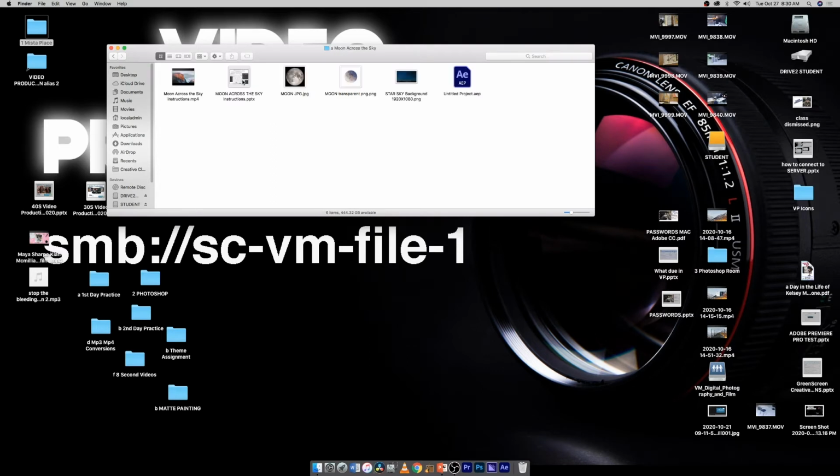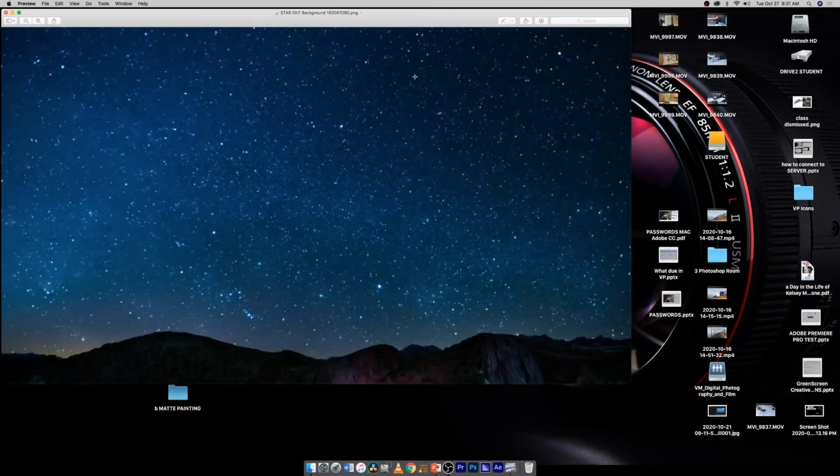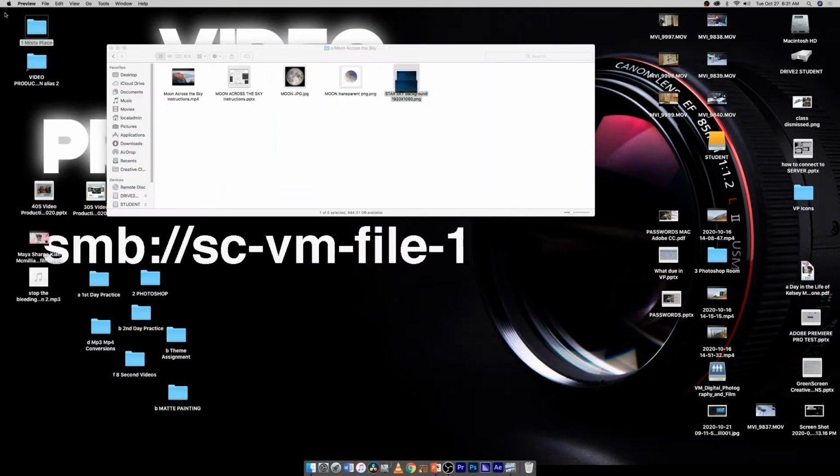Inside that, we have a few things in here. You have a transparent PNG, a moon that is a JPEG, and you have a background. Let's have a look at this. Basically what we're going to do is animate the moon across the sky and make a nice little